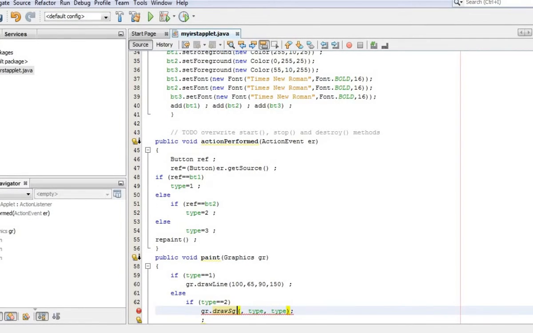Sorry, it's going to be drawRect. This is the method which is used to draw a rectangle.